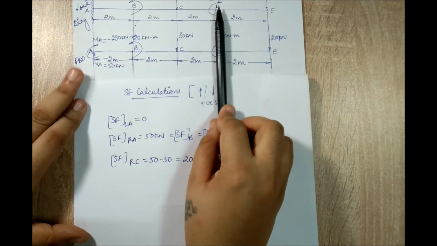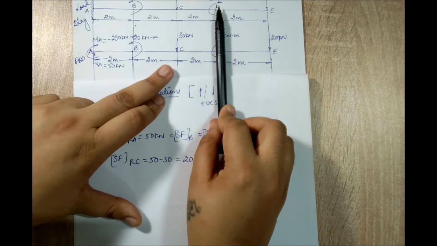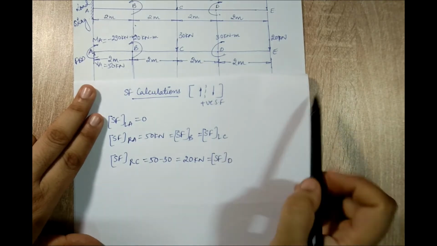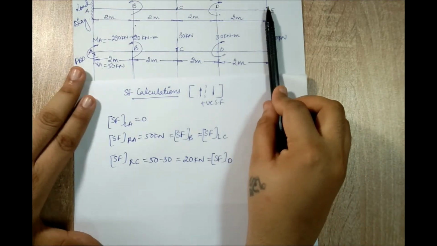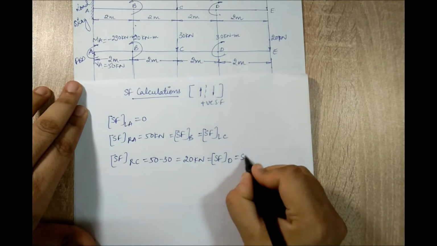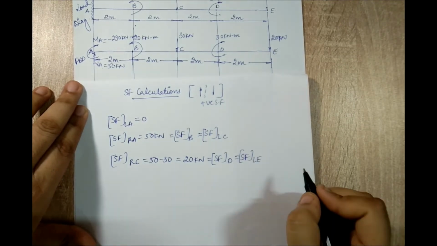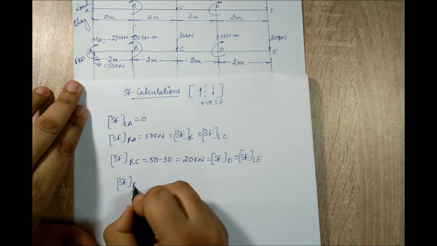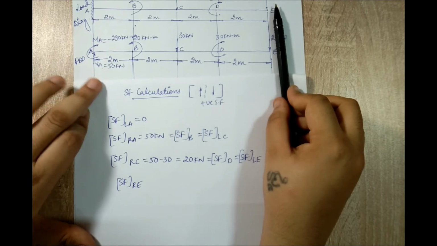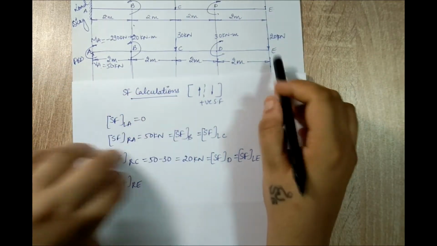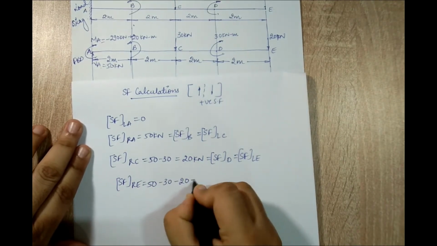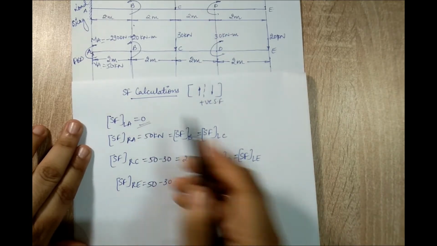When I stand at D and I look to the left, I'll see exactly what I saw when I was standing at C. So this is equal to shear force at D. When I stand at E and I look to the left, again I see VA going upwards 50 and minus 30. So this is equal to shear force to the left of E. Last, shear force to the right of E, extremely important. I should get the value as 0. So I'll stand to the right of E, 50 going upwards, 30 going downwards, 20 going downwards. So I'll have 50 minus 30 minus 20. I get the answer as 0. I start at 0, I end at 0.